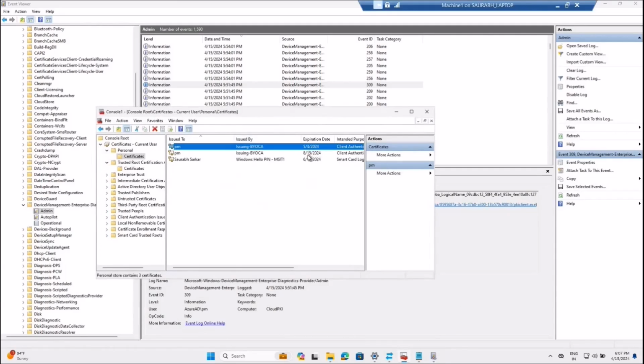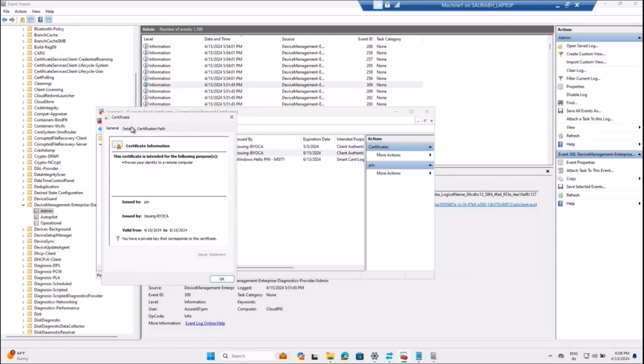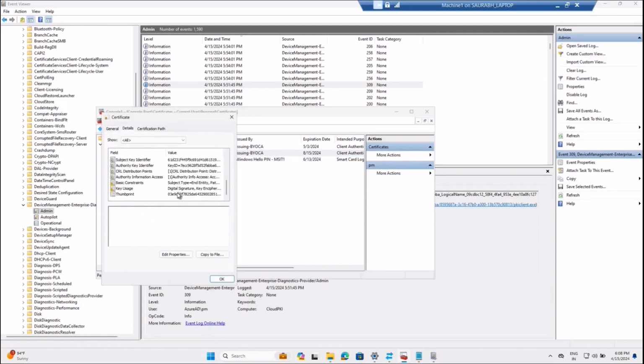It has a previous date. This is the latest certificate. It has been issued by, see over here, it says that the issuing is BYOCA, which is the CA in the cloud, and it has been issued to the user. If I double click on this, go to the details, and check the thumbprint, it is starting with